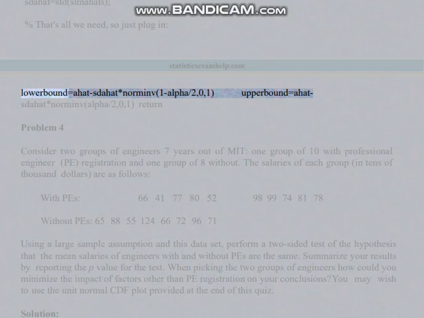Lower bound equals a hat minus sd_ahat times norminv(1 minus alpha/2, 0, 1). Upper bound equals a hat plus sd_ahat times norminv(alpha/2, 0, 1). Return. Problem 4. Consider